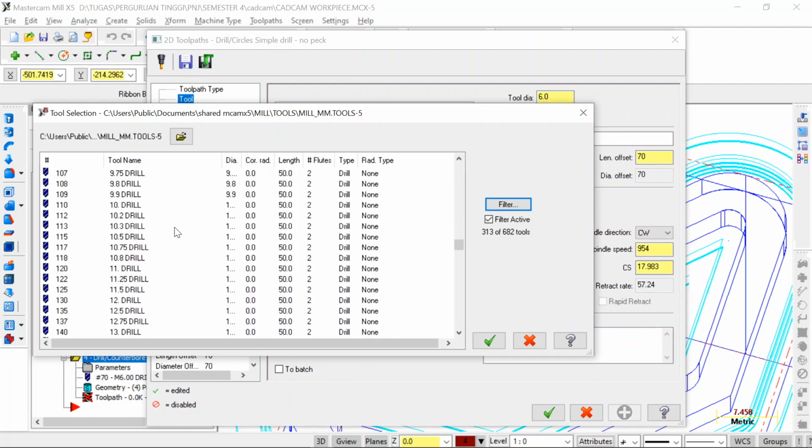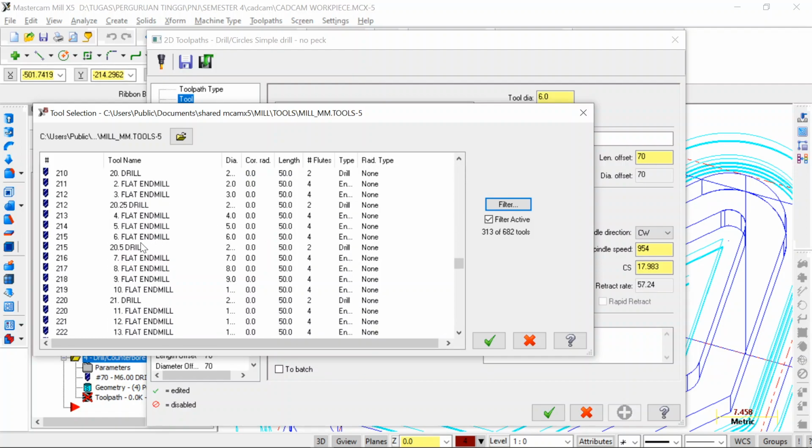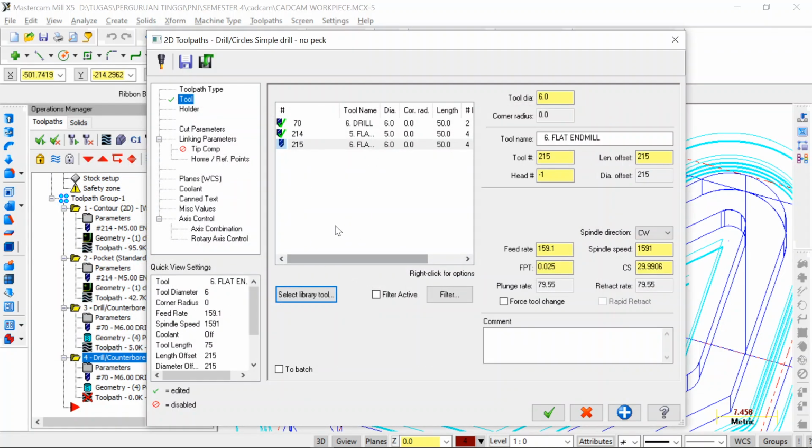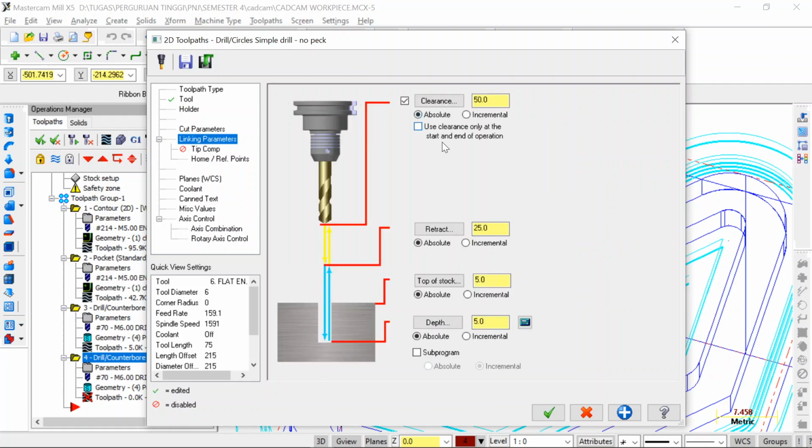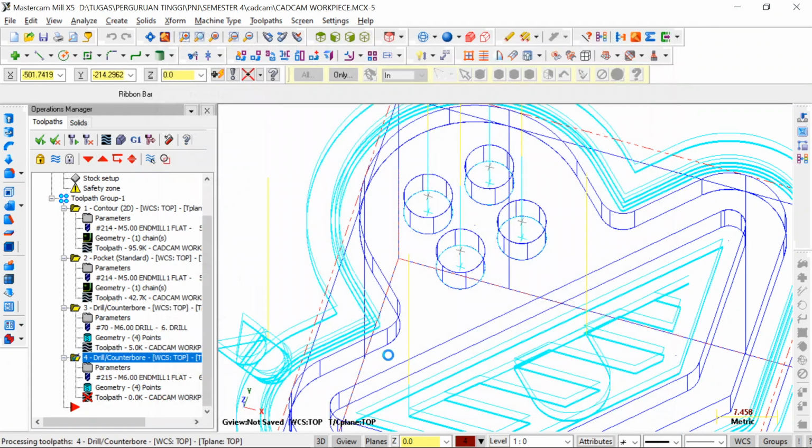We are going to choose 6mm flat end mill, so the surface will be flat. All right. We are going to linking parameters, and the depth is 0. Okay. And then we simulate all of them. We click all of them, and then we simulate from the first until the end.